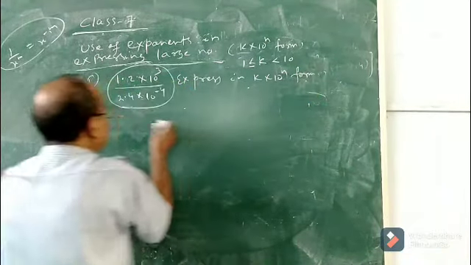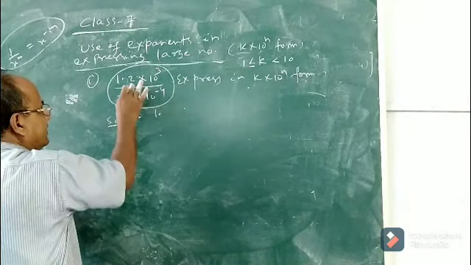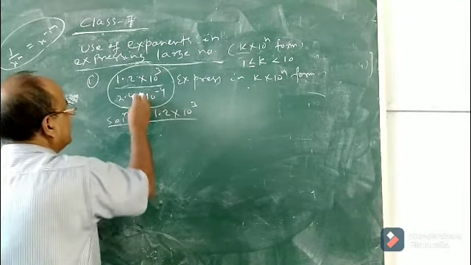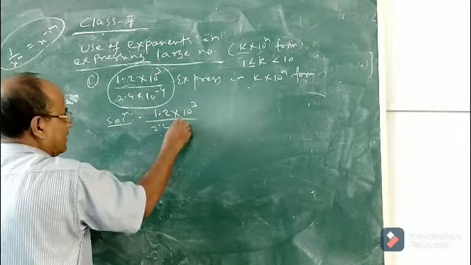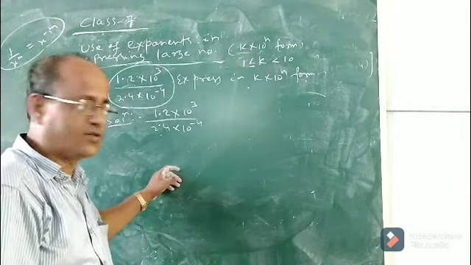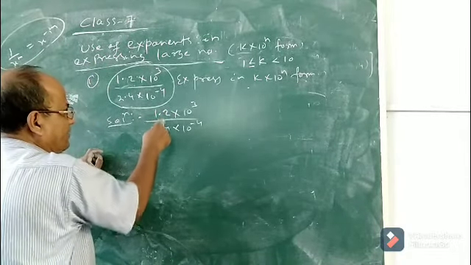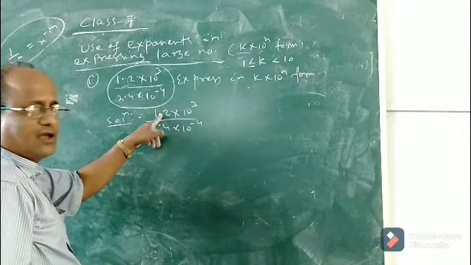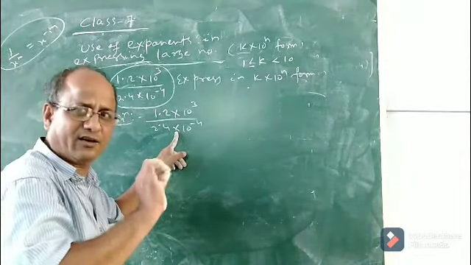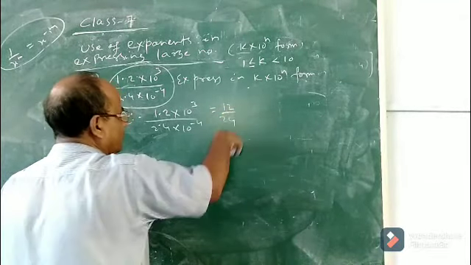Let us see how to do it. So first you write what is the question. It is given 1.2 into 10 to the power 3, divided by 2.4 into 10 to the power minus 4. So how to do this? Very simple. Now look, this is a decimal number, this is a decimal number, having the same number of decimal places. After the point one place, here also after the point one place. So you delete or neglect the decimal place. So it will be 12 by 24.